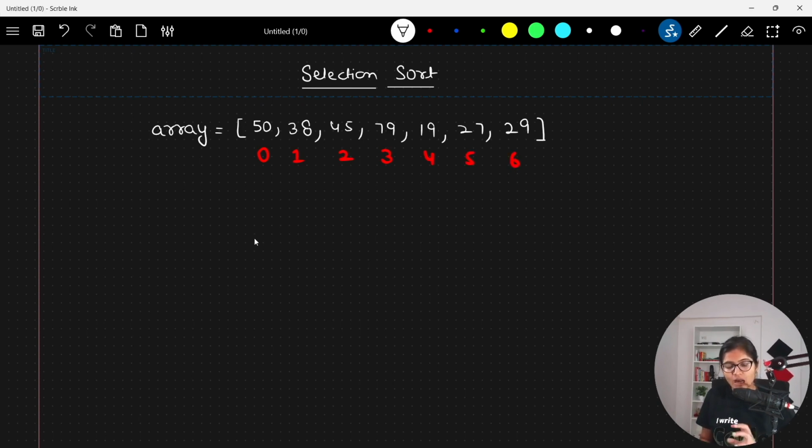Fine. Now if you remember, in bubble sort we just compare two consecutive elements, and if the first element is greater than the second element, we do the swap. In this way, in the worst case scenario, for one pass we do n minus 1 swaps, then n minus 2, n minus 3, n minus 4, until we are left with only a single element. That's why we understood that in bubble sort, the worst case number of swaps will be